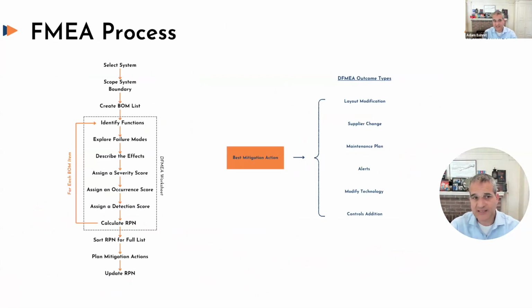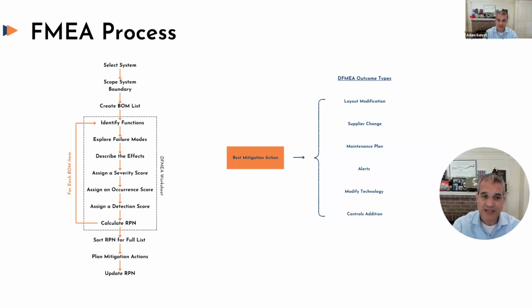So the process is straightforward, where we start by selecting our systems. We scope our boundaries, and we then begin to explore and go through that hypothetical analysis of the system based on the expertise in the room. And we'll talk about what in the room means. There are the right ways to have this be conducted, and there's the right people to have be present. But we go through a process of identifying failures, assigning scores based on severity, likelihood of occurrence and detection, calculating a risk priority number,